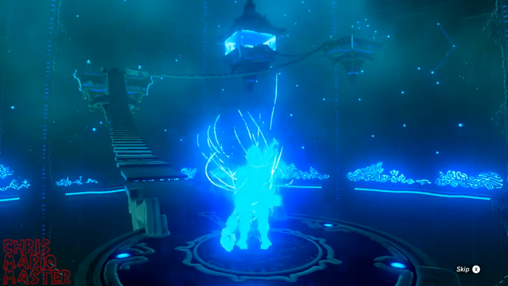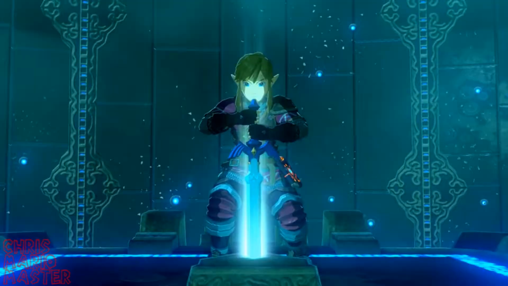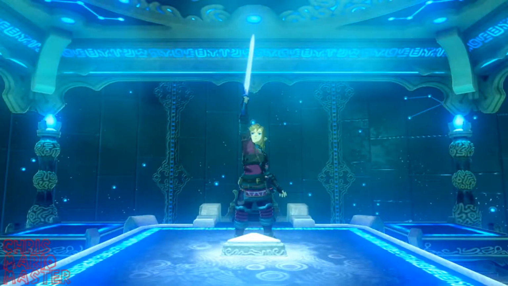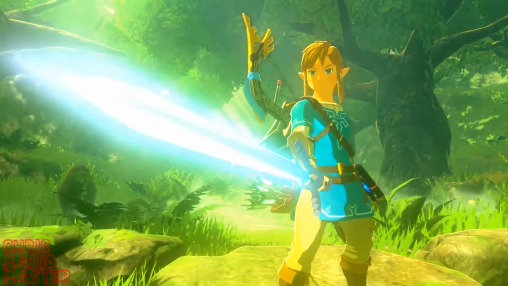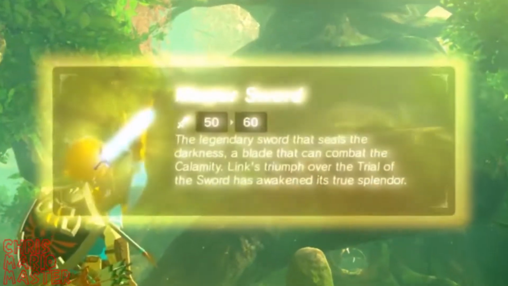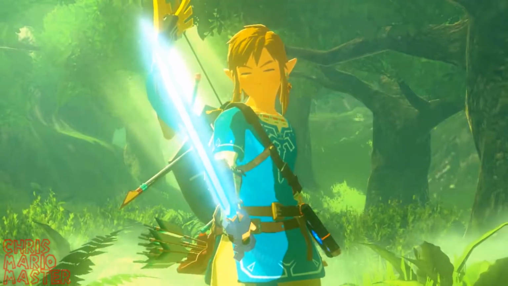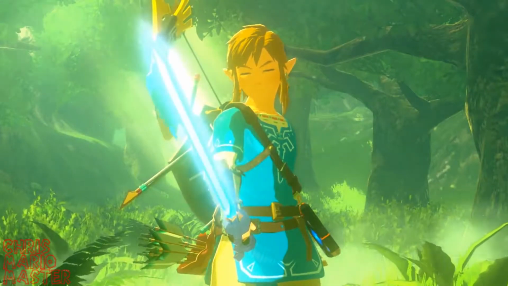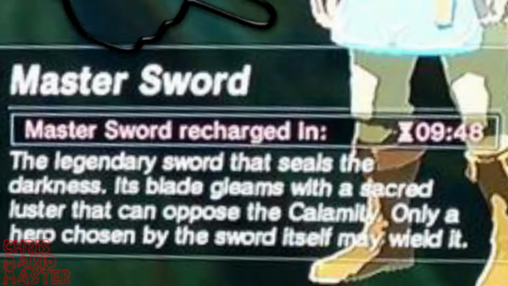So, after completing all the trials and walking up the flight of stairs leading to the true end of the Master Trials, Link awakens the Master Sword's true splendor, permanently allowing the Master Sword to stay glowing and do a constant 60 damage, while still being a one-handed sword. And let's not forget that its durability goes up significantly while only taking 10 to 15 minutes to recharge when